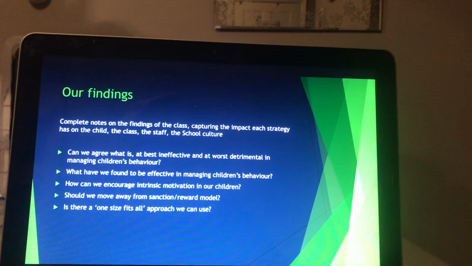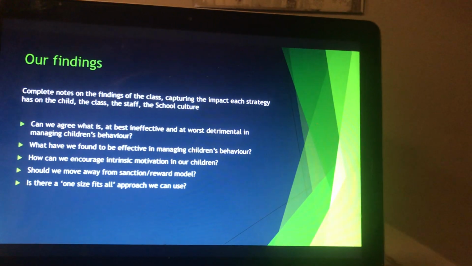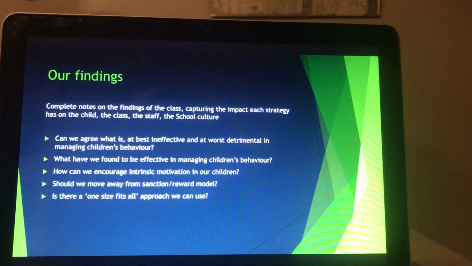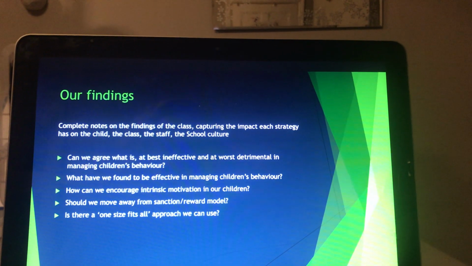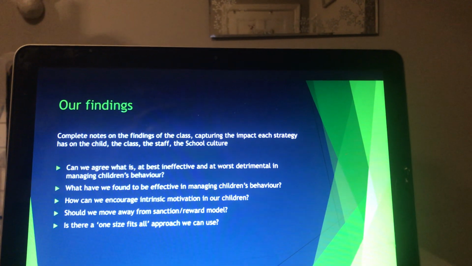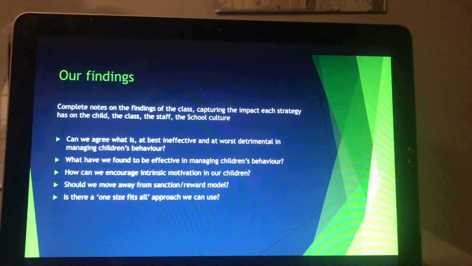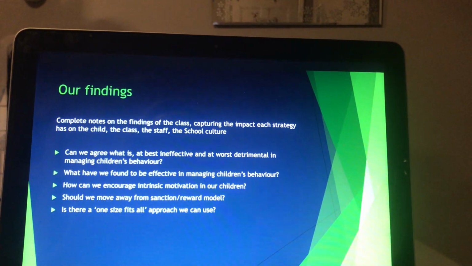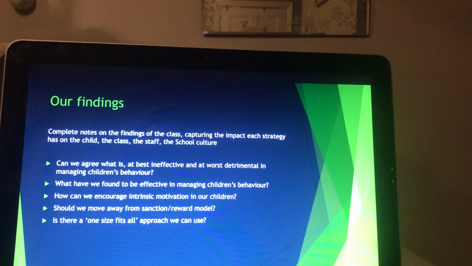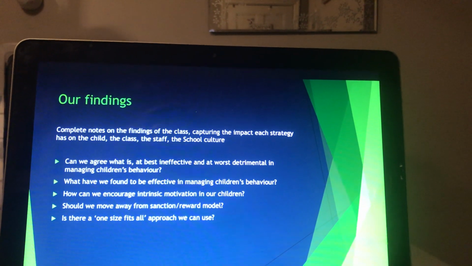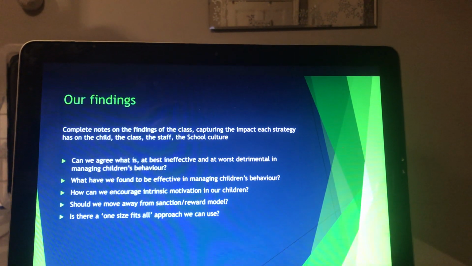Is the reading and research that we're currently doing around this unit changing our mind on what we thought was a good technique and strategy? And now that we've looked at the underpinning scientific research on toxic stress and cortisol, stress hormone, and the impact that has on the development and growth of the child and holistic development, as we're looking at how the brain responds in different states to various triggers, as we're looking at the Department for Education's behavioural checklist and best practice guidance, and as we're looking at our own policies and procedures, can we start to build a bit of a picture as to what we think is good or ineffective?